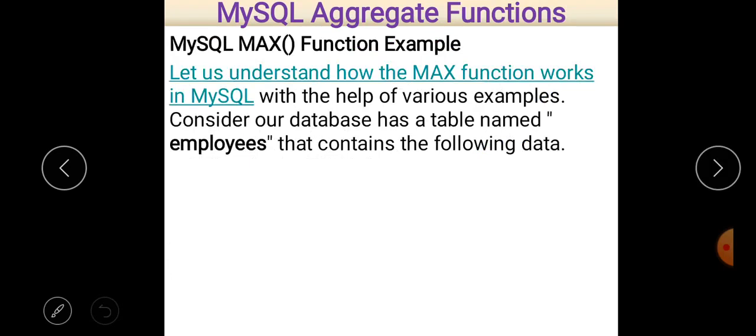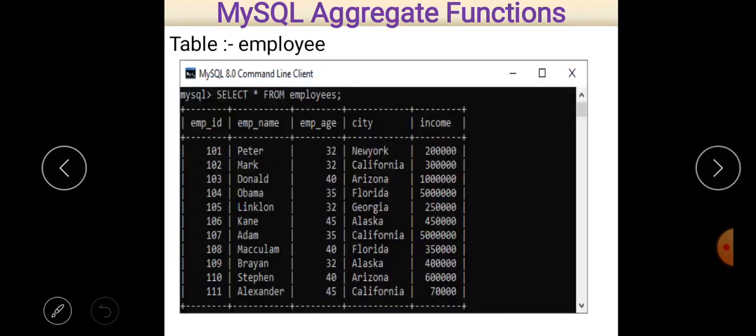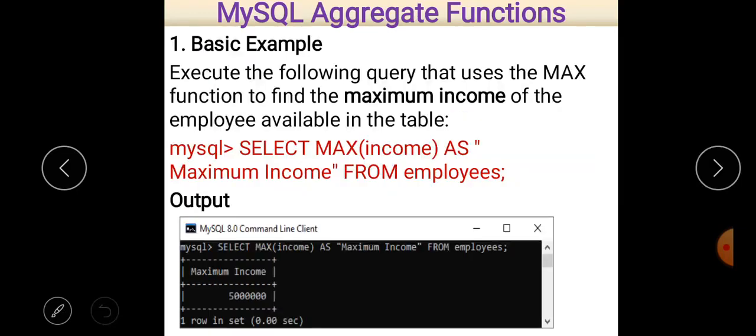Then a MySQL function example. We take an example here, and the table name is employees. We have to find the maximum income of all employees using the table employees. For that purpose, we just write select max income as maximum income from employees.